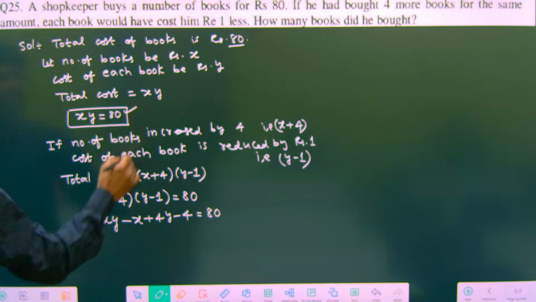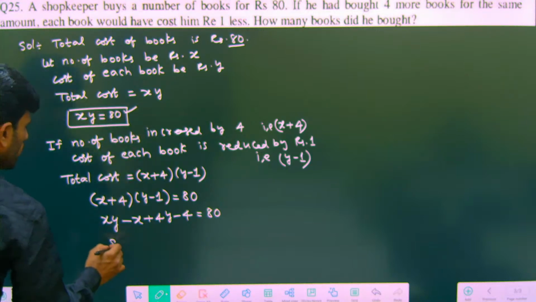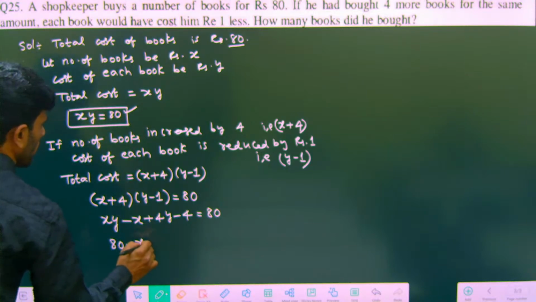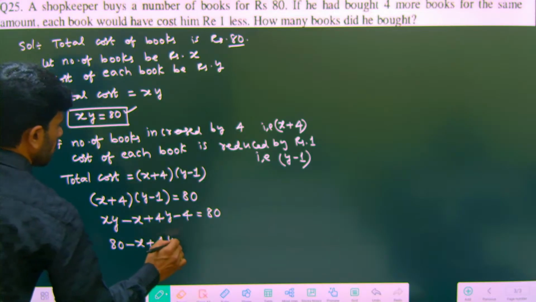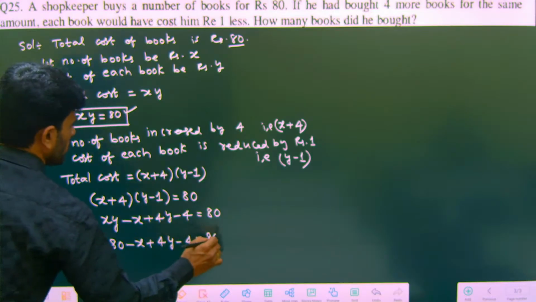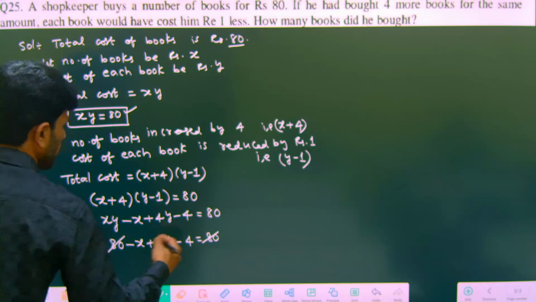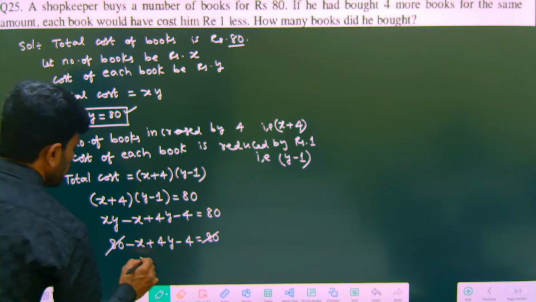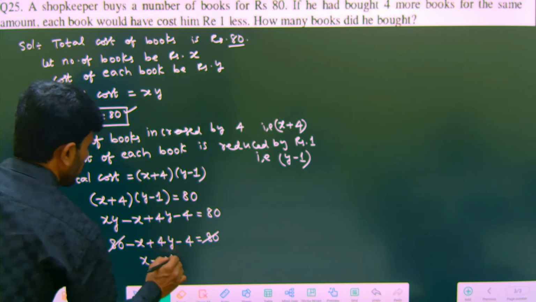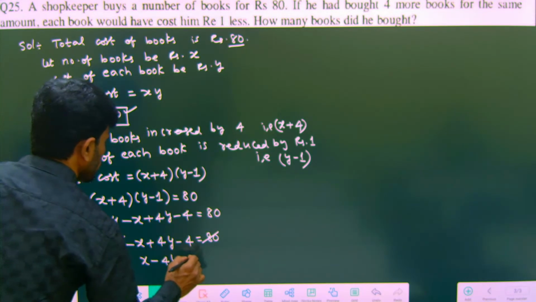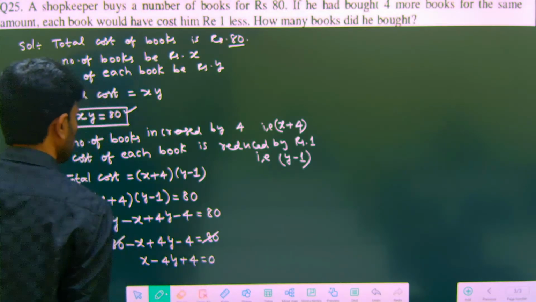We already know x into y is equal to 80, so here we substitute 80: 80 minus x plus 4y minus 4 is equal to 80. So 80 we can cancel. Now we can change the sign everywhere, so x minus 4y